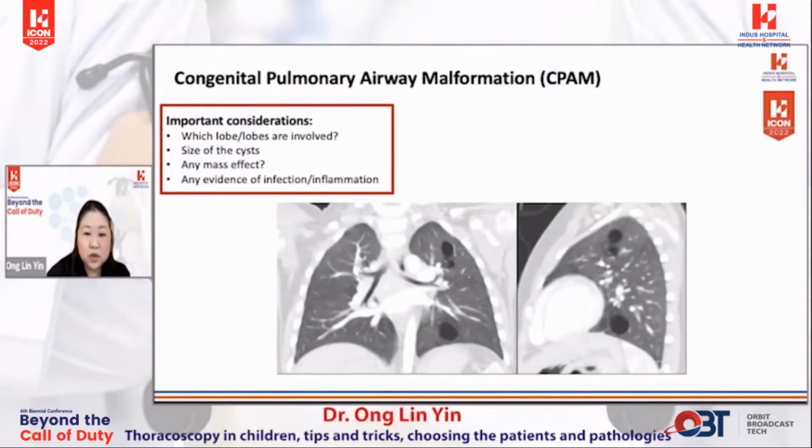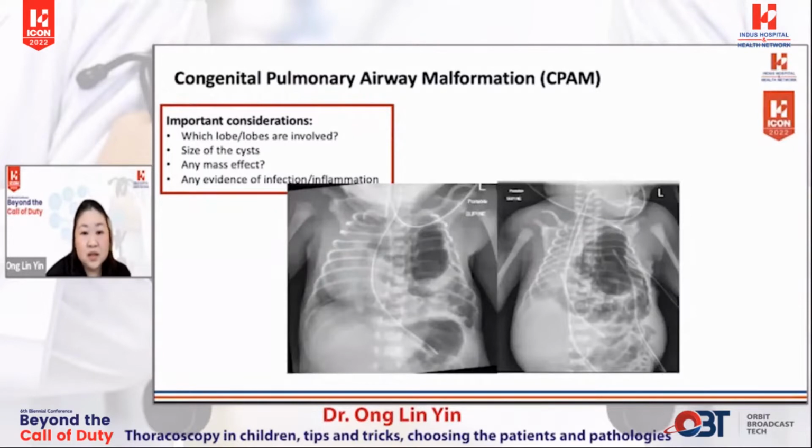So this is a patient that you might want to watch and wait, or if you decide that these cysts really need to be removed, you may wish to do a thoracotomy and a selective resection of these lesions. This is a third case with a very large left upper lobe CPAM, and this patient actually had a stormy period in ICU for the first couple of days. But in this case, you're not going to offer a thoracoscopic surgery. This child actually needed a thoracotomy and left upper lobe resection in the first few days of life.